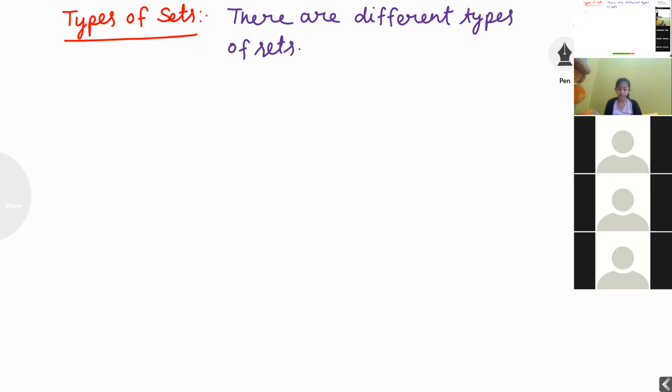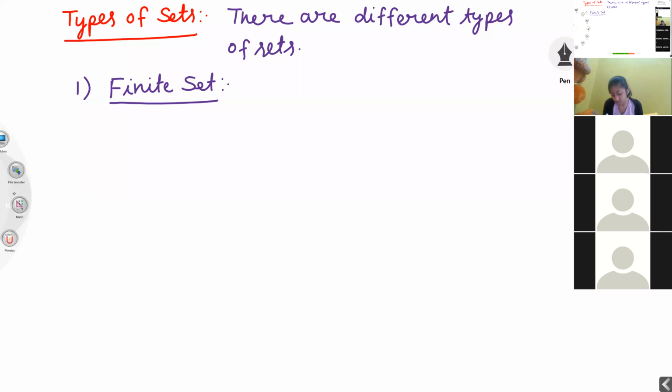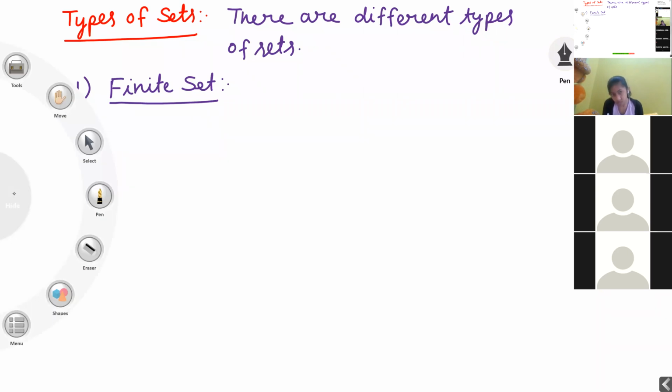First set is the finite set. What is the meaning of a finite set?